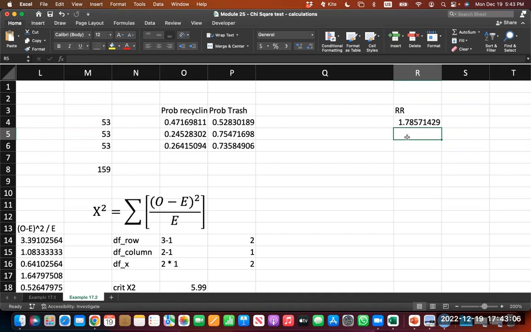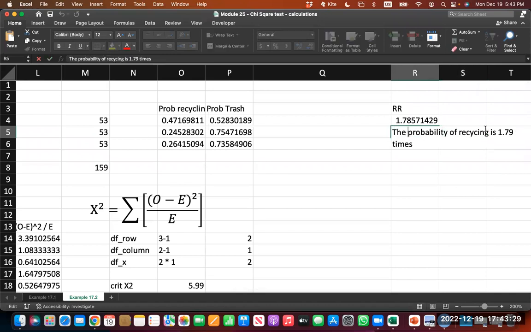So the probability of recycling is 1.79 times the probability of recycling with a correct name is 1.79 times that of a cup with no name. So that's the interpretation of a